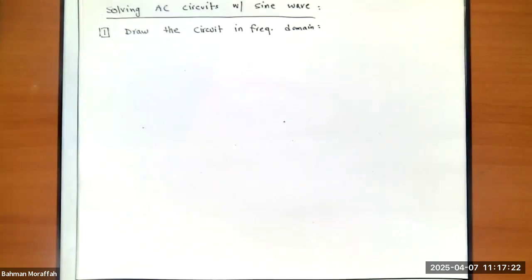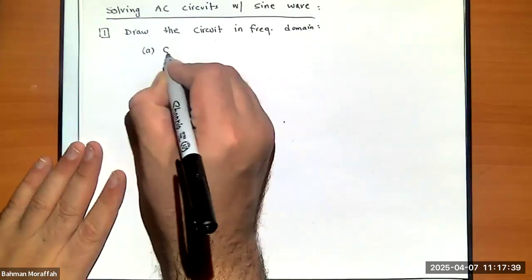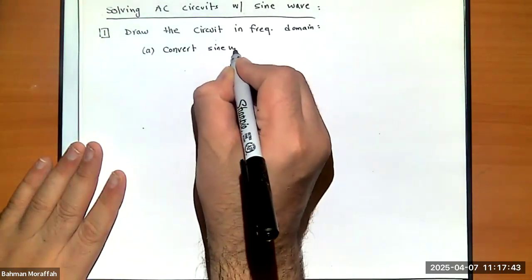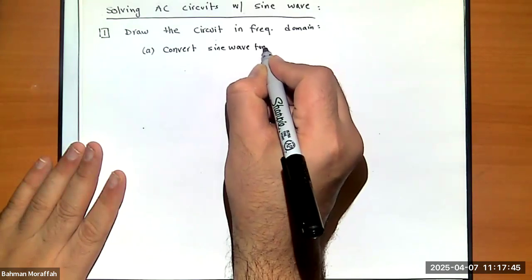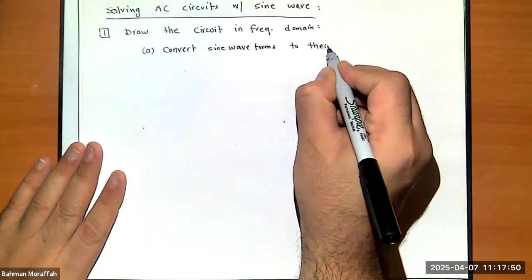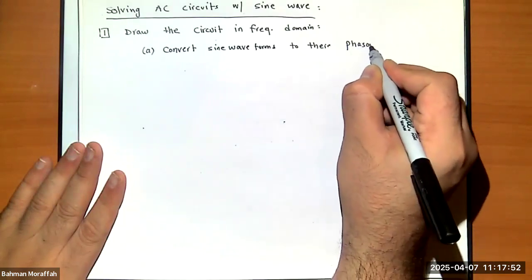And to do that, we're going to have to convert all the sources that we have, which means if I have a sine wave as a source, I have to convert it to its phasor representation. And if I have my elements, I have to replace them by their equivalent, right? So convert sine waveforms to their phasor representation,